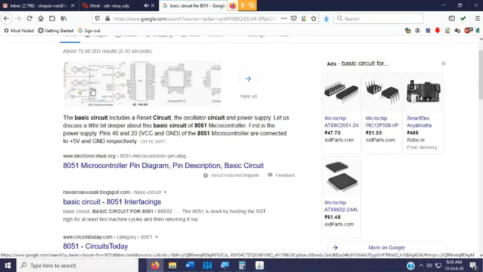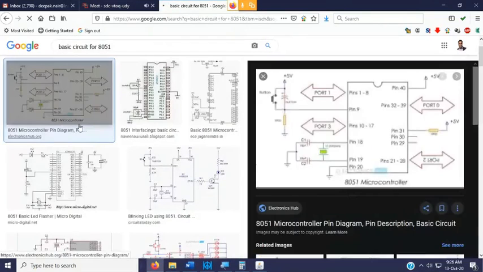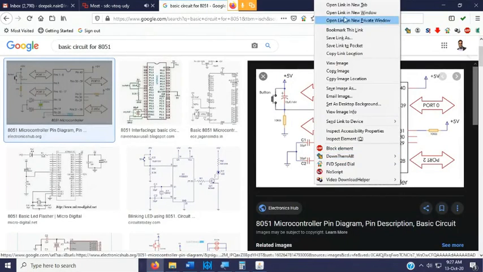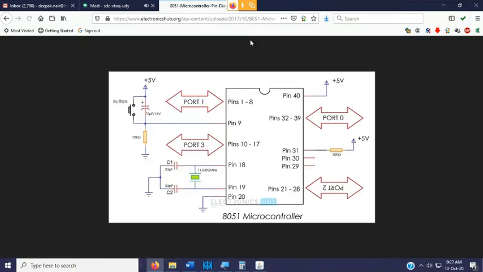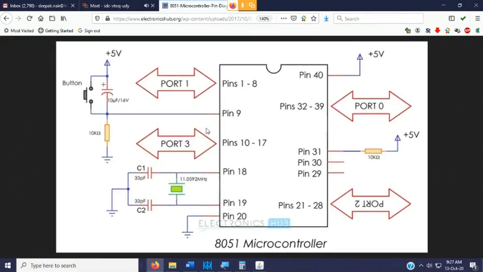Let me check this particular circuit. Here you see view image. You see here that this is the reset pin, pin number 9. By default it is connected to plus 5 volt and there is a capacitor. There is a capacitor connected between 5 volt and pin number 9, and then it is grounded with a